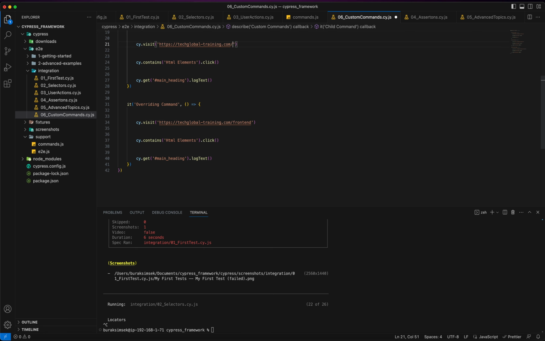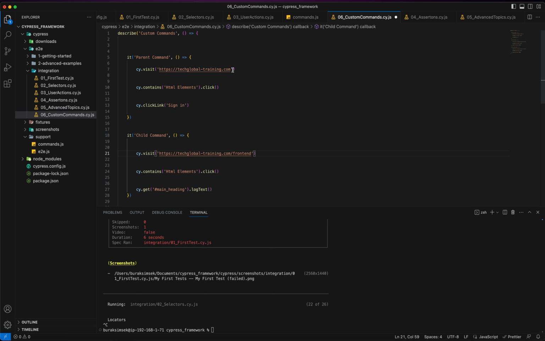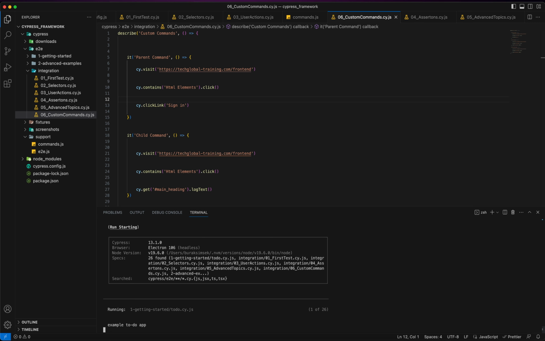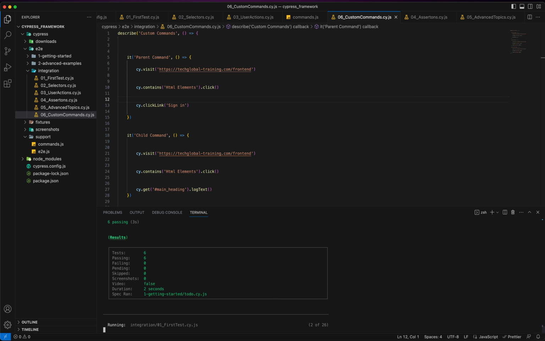Let's do for this one too, and this one too. I'll run the command again. By the way, if you mentioned that we don't see any browser at all, as you can see, tests are passing right now. But if you mention that you don't see any browser right now,